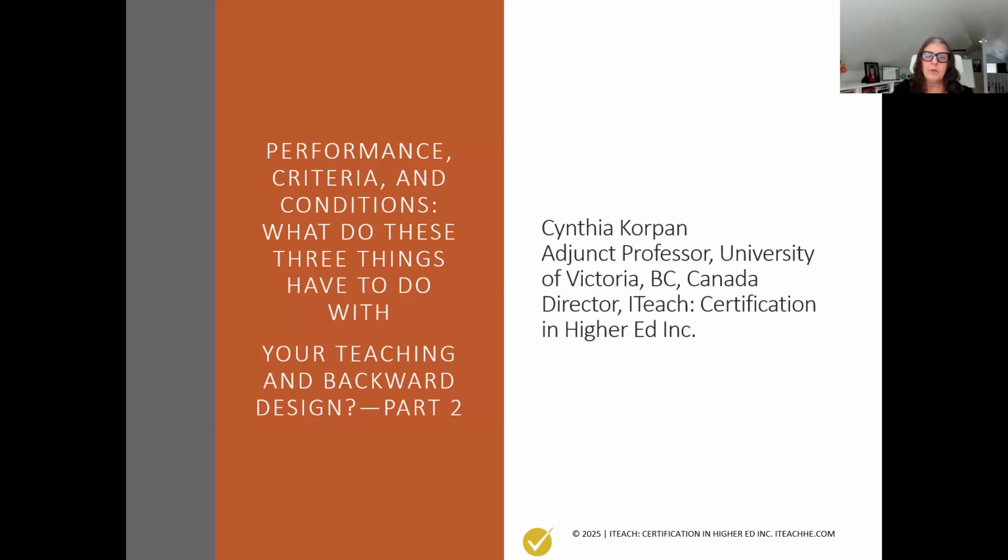So today we're going to look at this whole idea of performance criteria and conditions. So we're continuing on what we talked about last time, and that's backward design. And I'm going to put up a slide that will just remind us of what that looks like, and then we'll connect it to performance criteria and conditions and how pivotal and important that is in